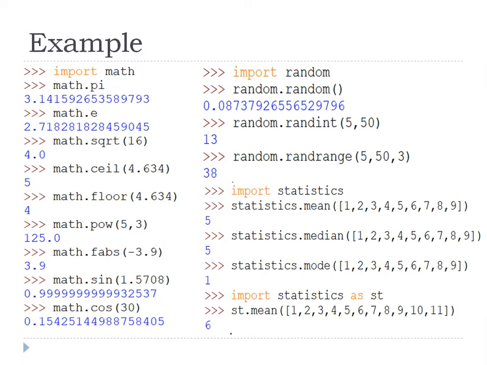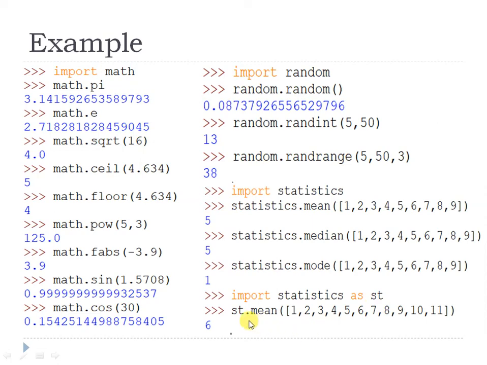Now, a very important thing related to importing of a module. Suppose you have a module that has a very long name, suppose statistics, and you want to give some alias name to it in short. So you can write it like this: import statistics as st. Import statistics as its alias name. So you can also write import math as m, import random as rd. So you can give it a short name also.